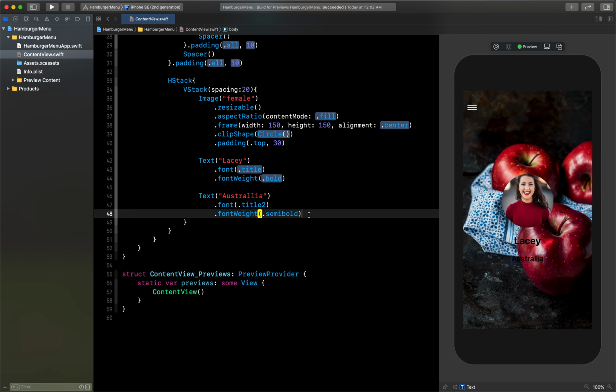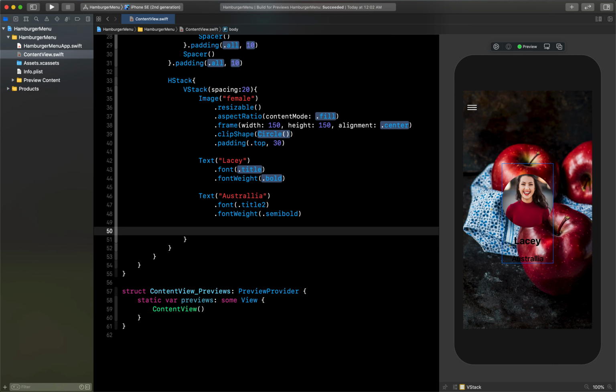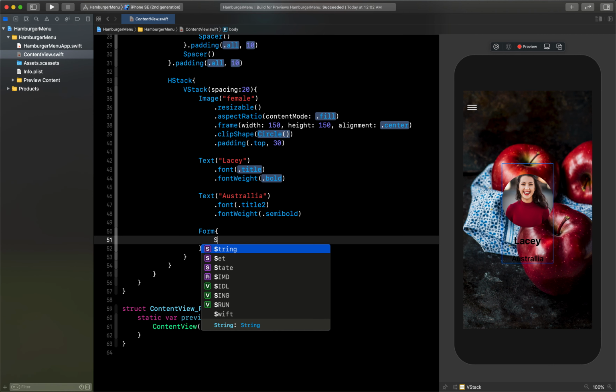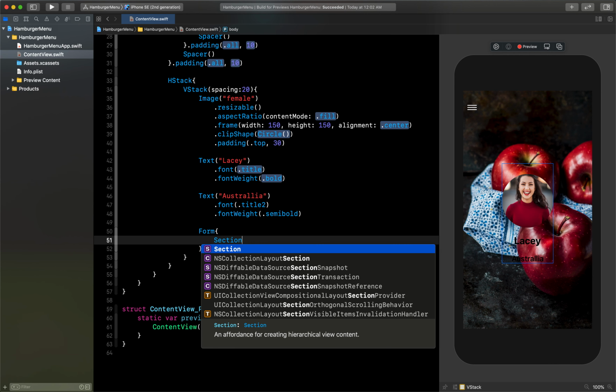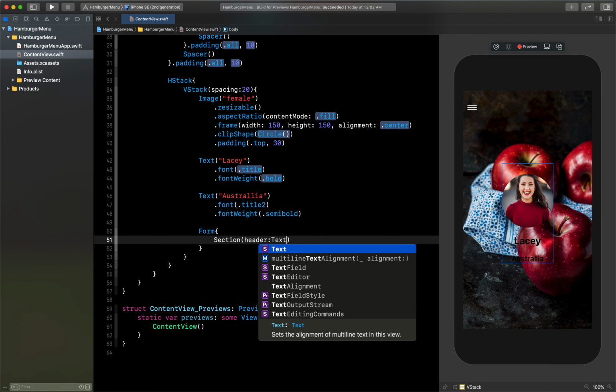Now what I'm going to do is create the next part, which is this form at the bottom. So form, you can create something like this. Inside this I will use one section, and the section will have one header, and for the header we want to pass the text.